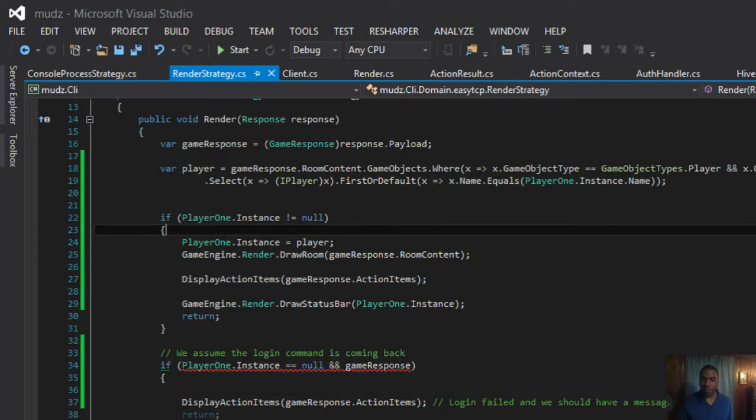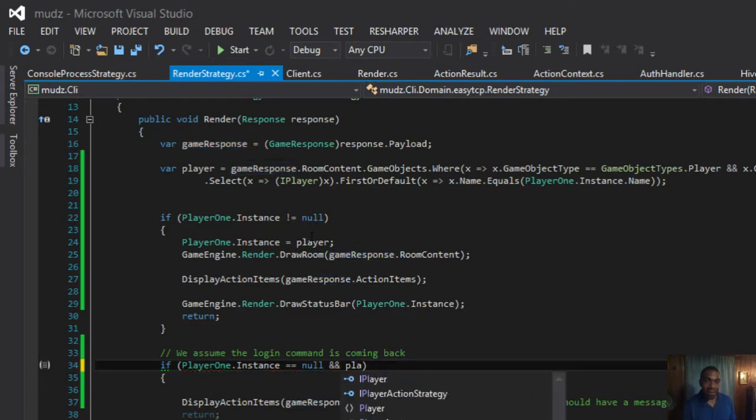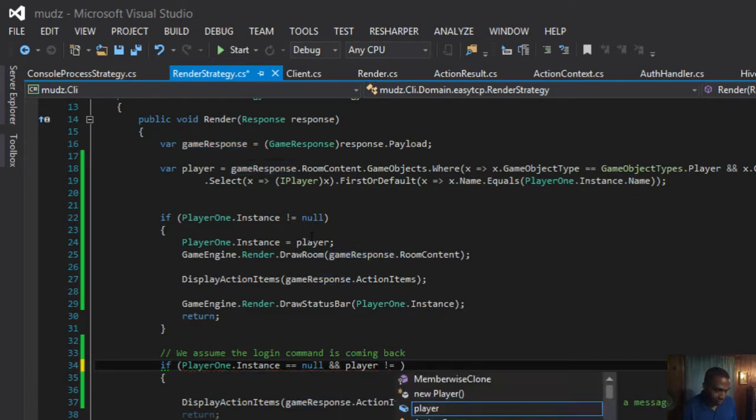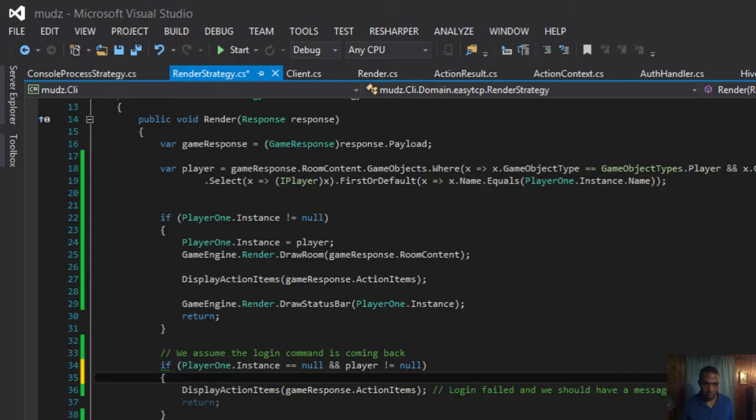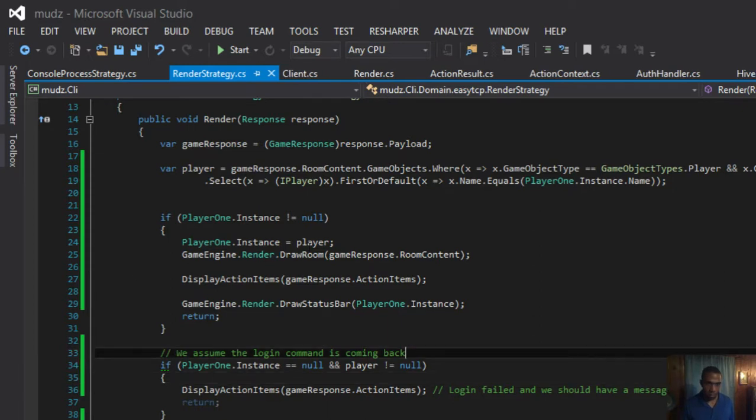Otherwise, if the instance is null, so we are logging in or getting a login response, we want to say if the player instance is null and the player is not null, there's some funky logic in there.